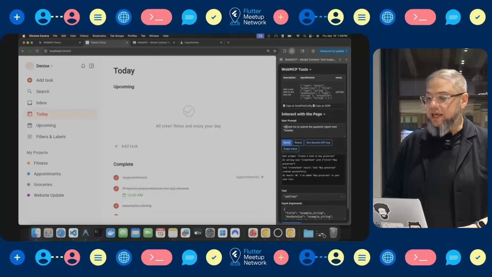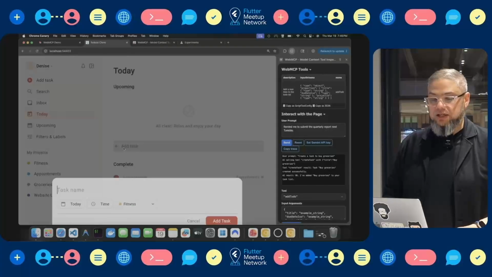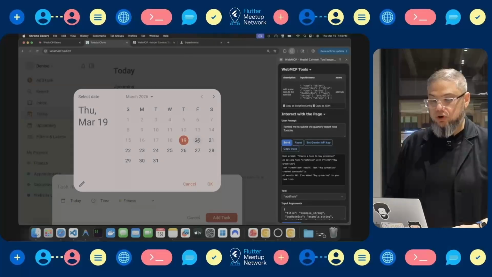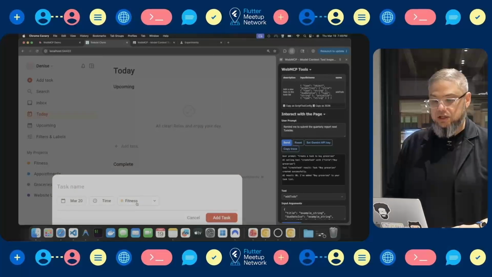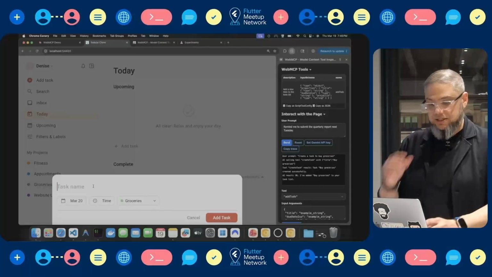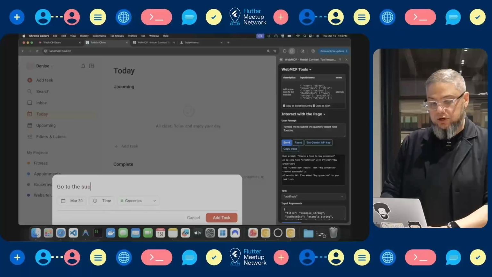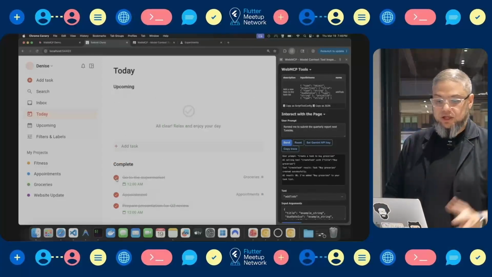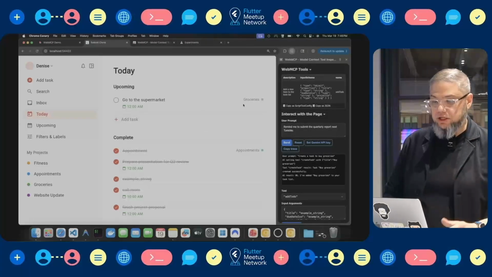If I want, for example, to add a task for tomorrow, I'm going to say that this is from groceries, and that the task name is going to be go to the supermarket. And I can add my task, and it's added the same way as with the other application. I can complete it,